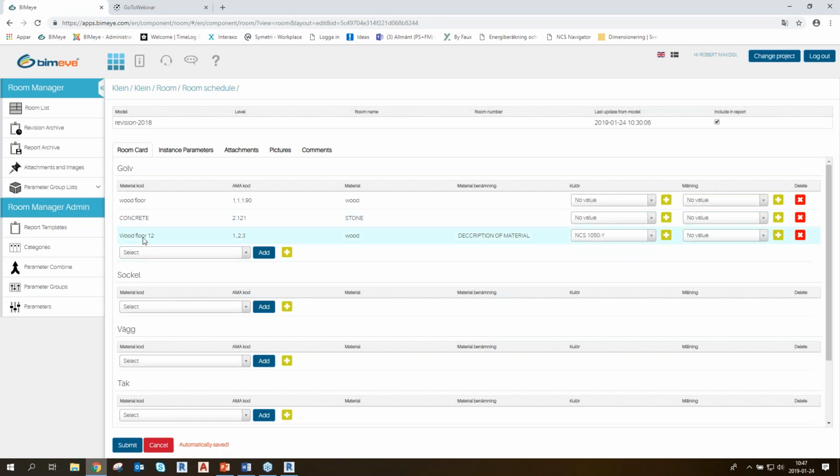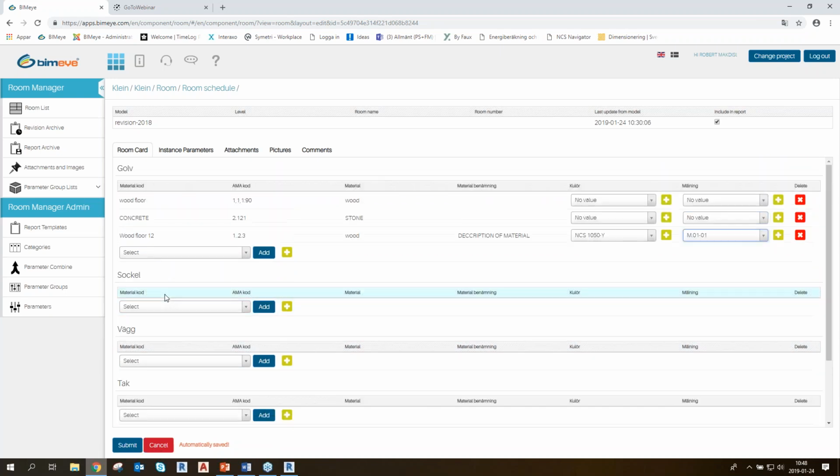And over here, I can now choose for this floor, I can use this kind of color. If I have the same floor, I can change the color. That allows me, for example, when I do the description of two rooms, I have wood floor in two rooms, but I have two different colors in the rooms. And I can change them in an easy way over here. And at the same time, I can just add the information for my painting code. And the exact same thing here I can do on the other